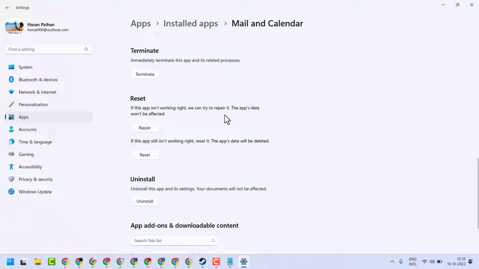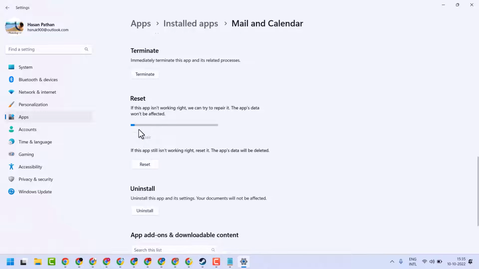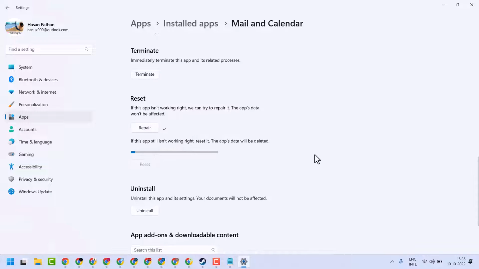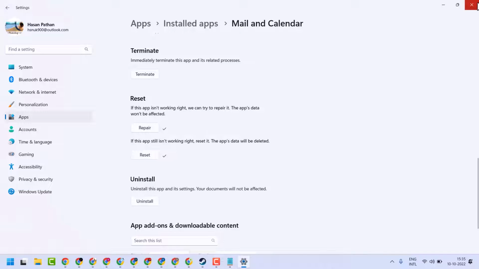Now here guys, firstly Repair, then try the Reset. Click on Reset. Now close and restart your system and try to sign in. Hopefully the second method will work, and if you are still facing the problem,